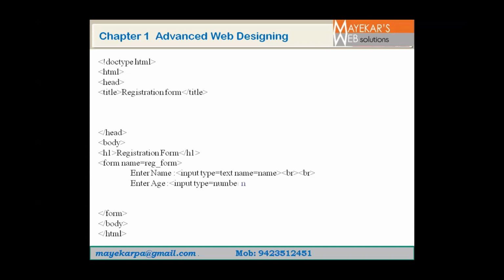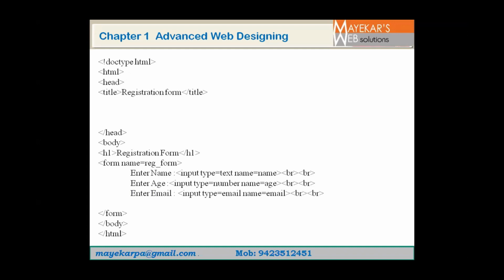Then the second element, Enter Age. Here you have to enter age, but age must be in numbers. Okay, so here we are using input type is equal to number. So the text box will be created, and I'm giving name equal to age. I'm specifying the name age to that text box, and in that text box we can enter only numbers, because here we are specifying its type is number. So input type is equal to number, name is equal to age. Next is a BR tag. We are jumping to the next line.